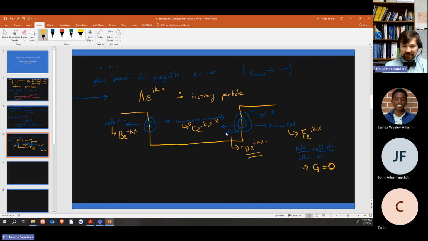Likewise, I could then come back and reflect again off of this one. So I can have multiple reflections off of each target. So C e to the i k2x and D e to the negative i k2x